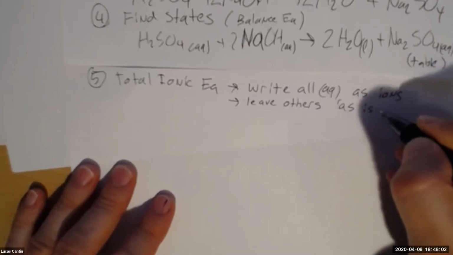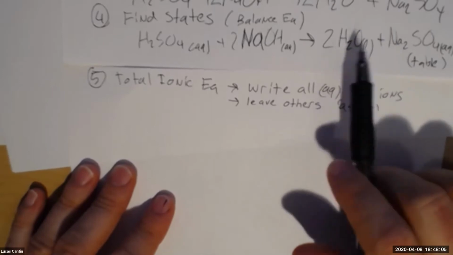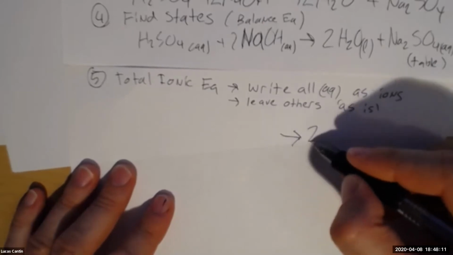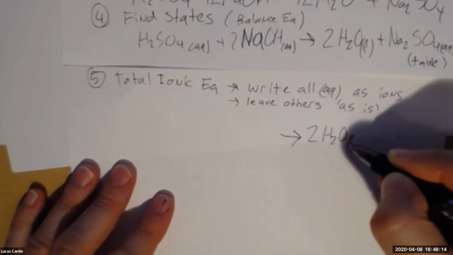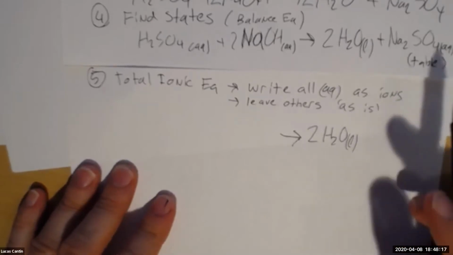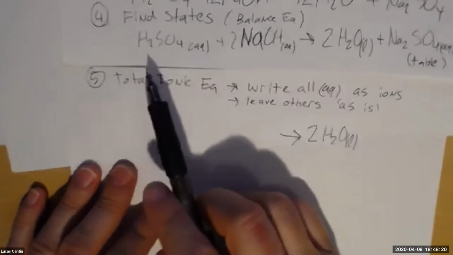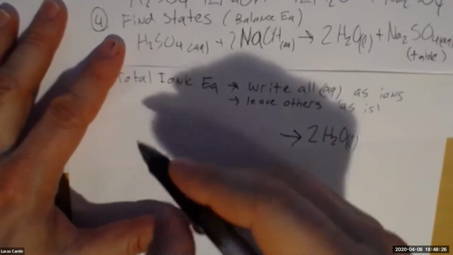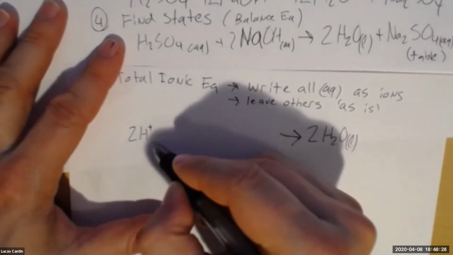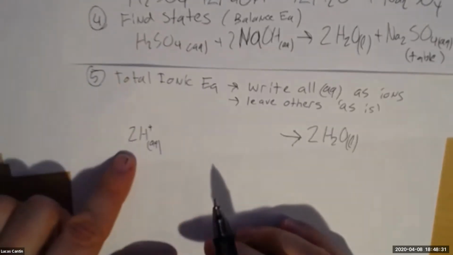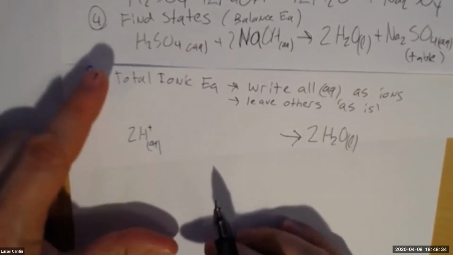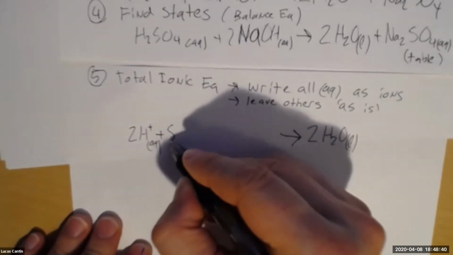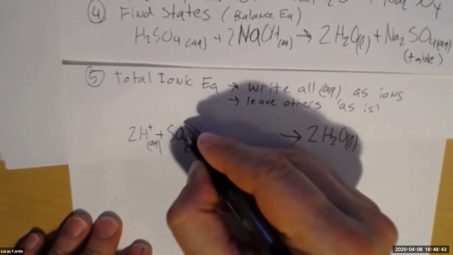Quote, as is. All right, so the only thing that's not aqueous is the 2 waters. So I'm going to leave them as is. They're going to be in the equation, 2H2O liquid. But now I have to break this. Should we start over here? We already broke H2SO4 apart, right? From before, we knew it was 2 hydrogen ions, aqueous. So now I need to show the charges when they've separated, right? When they're together, should not show any charges, right? Plus SO4 aqueous 2 minus,